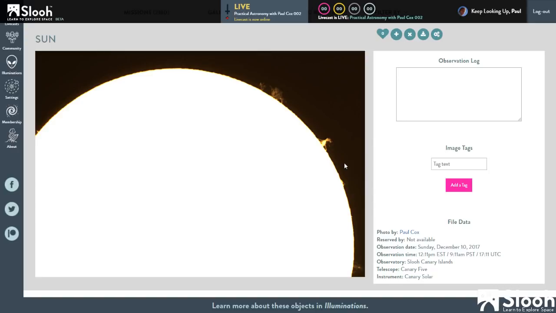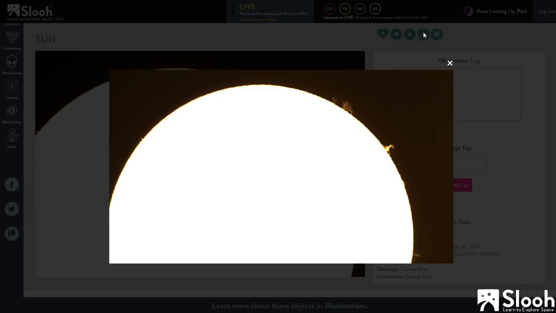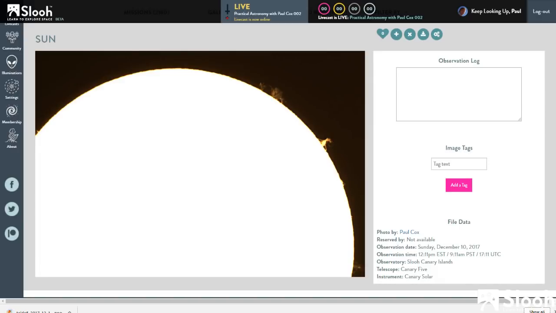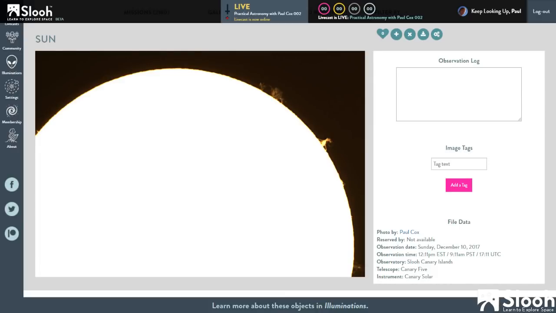So there it is. There's the sun's image. You might just want to download it so that you can show your friends and family. And all that happens there is another box pops up. You can right click, save the image, and you can save it to your local computer. Now we have got some new sharing features that I think might even be coming before Christmas, so keep your eyes open for that. But the other thing that you can do here, and I'm going to do this now, is